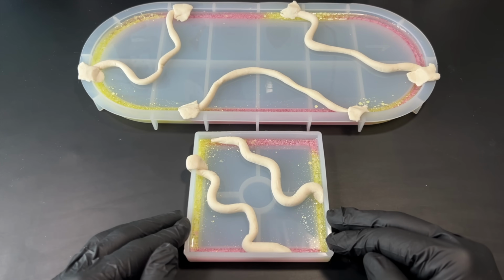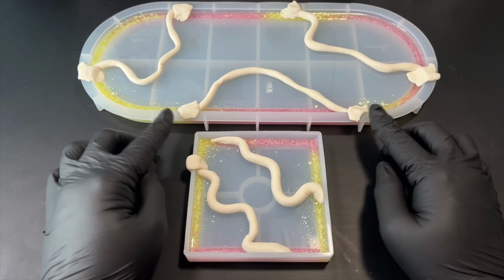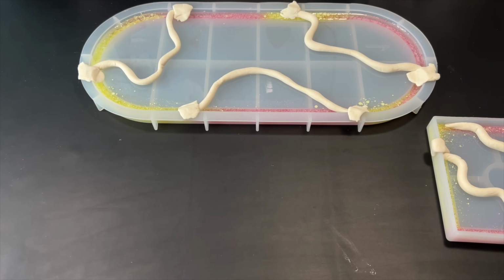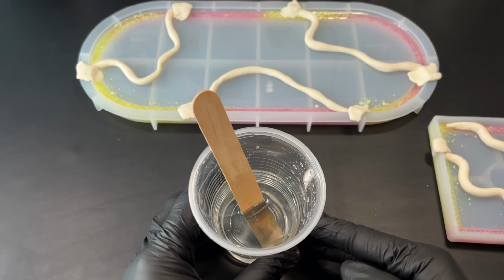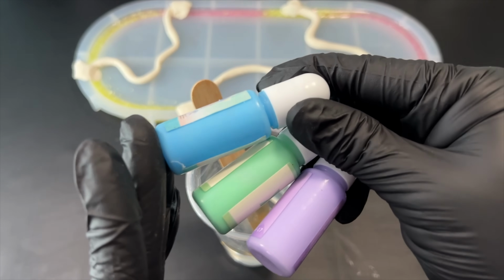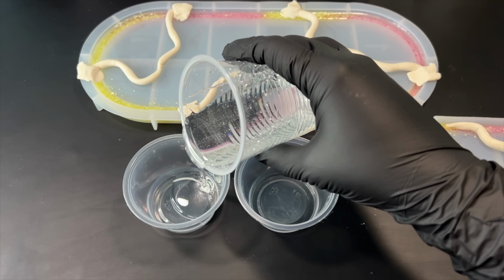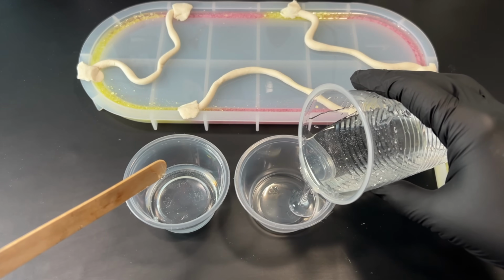Okay, so I'm back and I had a closer look at the Play-Doh and I ended up adding reinforcements at the ends of the Play-Doh pieces just to be safe. So now it's time to mix up my different colors of resin. I already have the pink and the yellow in the rims, so now I'm going to mix up blue, green,